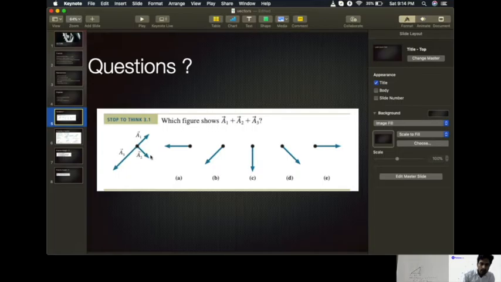Because I add this and this, imagine vector quantities as forces. Suppose you're pulling something in this direction and you're pulling something in this direction. The ball or the object you're pulling wouldn't be moving in either direction, but somewhere in between. That's what we are talking of vector additions. So the net direction won't be either this or this or this, nor this. It would just be somewhat like this. It would be C. Your answer would be C here, right? Think about this one more time, and if you have a question, we can discuss it once again.